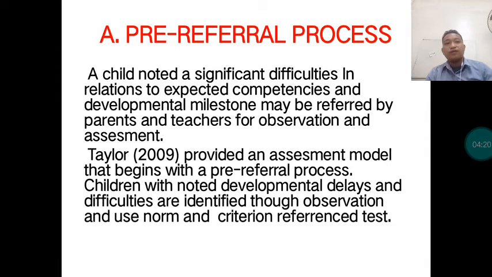So a child who shows significant difficulties in relation to expected competencies and developmental milestones may be referred to parents and teachers for observation and assessment. Taylor 2009 provided an assessment model that begins with a pre-referral process. Children with noted developmental delays and difficulties are identified through observation by use of norm and criterion reference. So here in the pre-referral process,